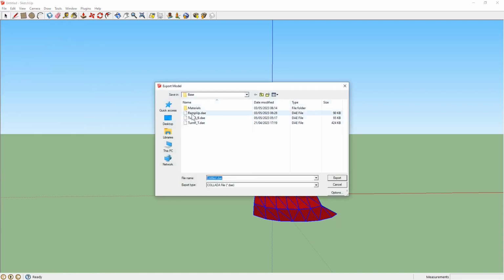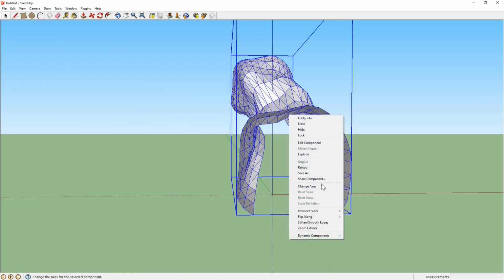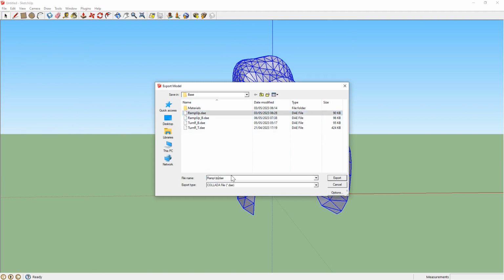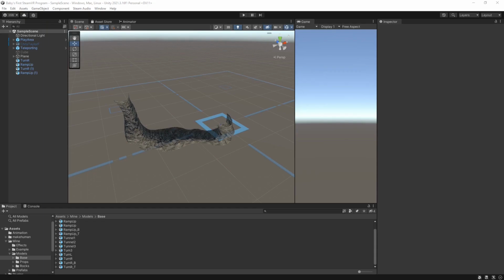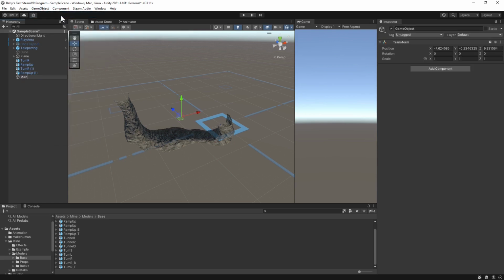I'll use file names based on the original with the suffix B for bottom and T for top. Before I add the top and bottom meshes, I'm going to formalize the maze hierarchy. Let's create an empty game object called maze and zero its position. Then I'll create an empty child game object for each of the four sections, giving them names which form an